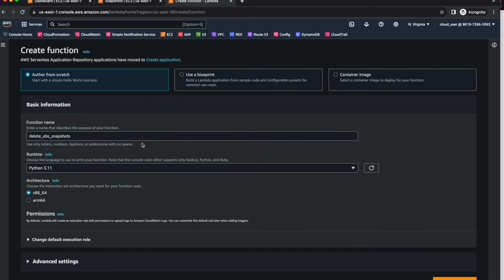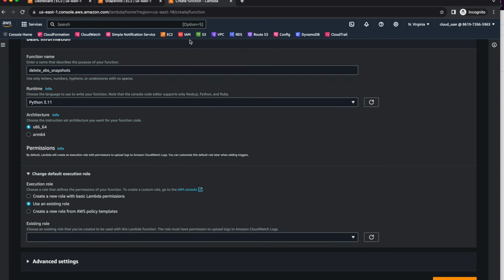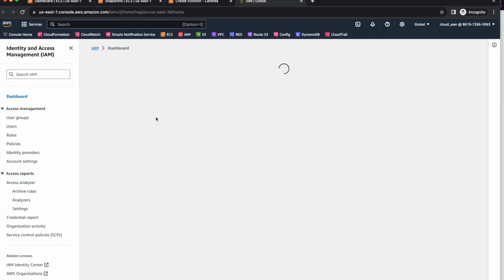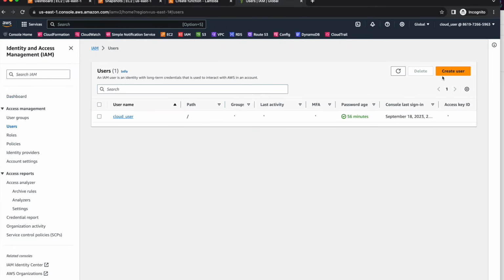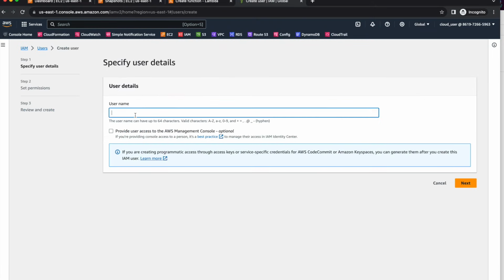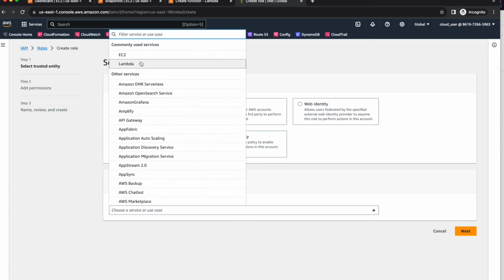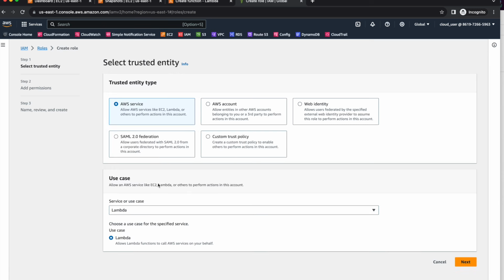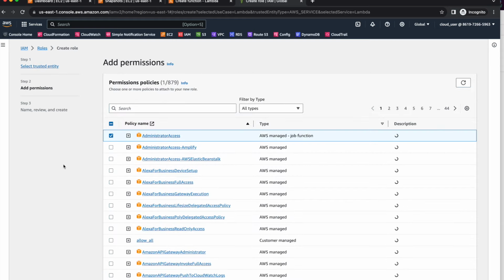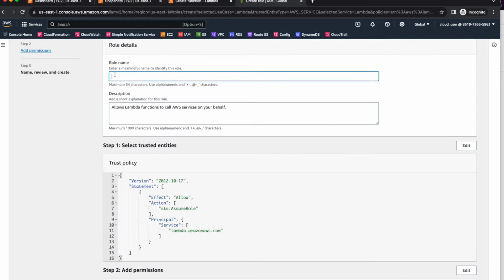Execution role, here we need to see what role I'm going to create. Lambda needs a role, so I have to create a role for Lambda. Let me log into IAM, and let me create a role. The role I'm going to create would be a very simple role which will carry administrative access. So I am creating a role for an AWS service, and the service I'm using is Lambda. I'm just going to give administrator access for this,